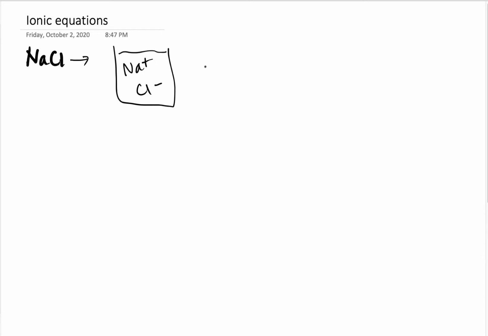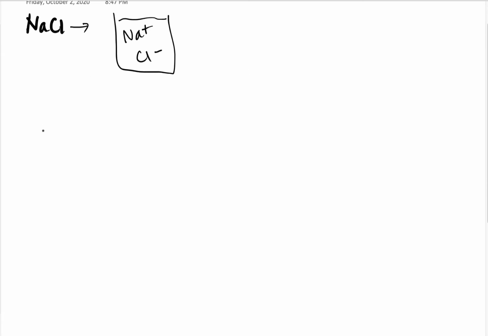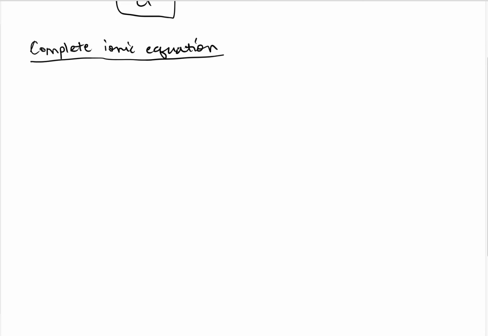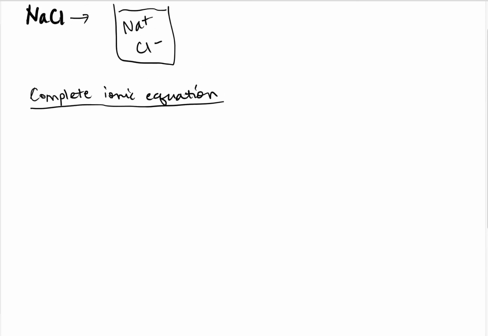So sometimes when we are writing out ionic equations and precipitation reactions, we like to be really explicit about what is present in the solution. And this allows us to show all of the soluble ionic compounds. When we do this, we do what's called a complete ionic equation. And this isn't really very different from what we would normally be writing. So imagine a regular equation here,